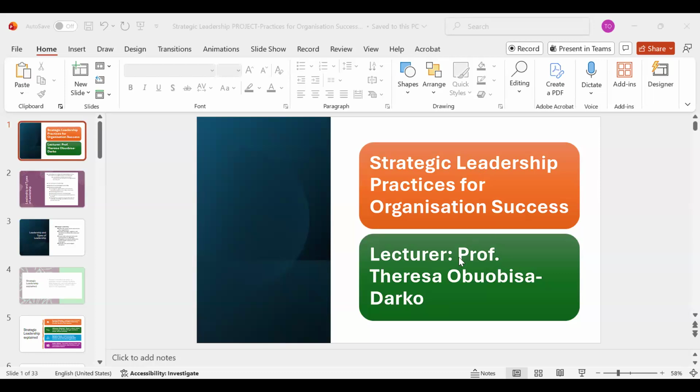If you take a look at the course outline or the module descriptor, you will observe that we are supposed to do leadership behavior and not strategic leadership practices for organization success. But I've decided to bring this one in here so that I can give you your individual assignment as well as the group assignment, to give you ample time to complete them for us to do the presentation during our last session. So indirectly, I'm giving you a clue that for our last session, we will be doing our individual presentation